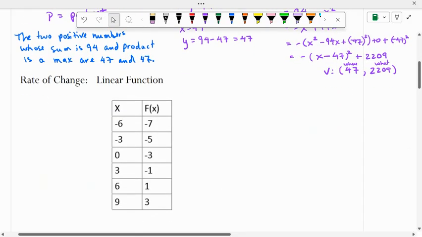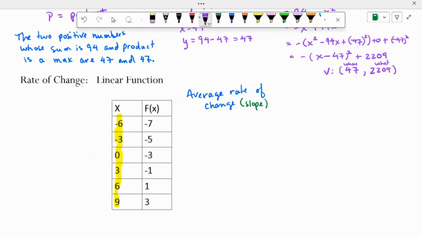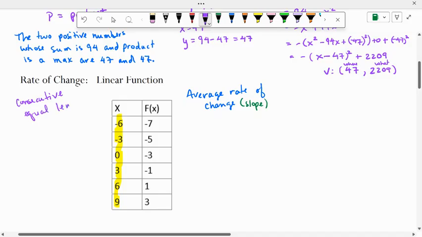So let's look at rates of change. We have a linear function here, and what I want to look at is our average rate of change. When I am talking about a rate of change, it is just a slope. And what you're going to notice over here is that I have consecutive equal length intervals,